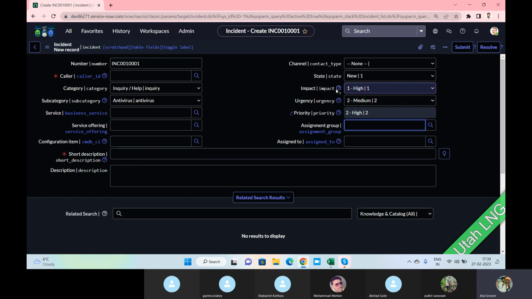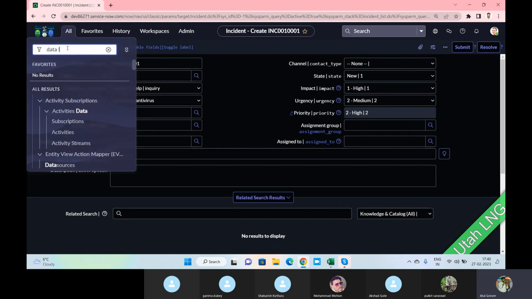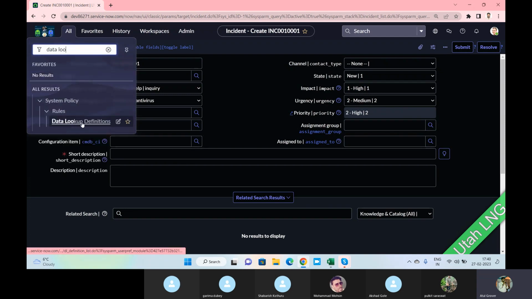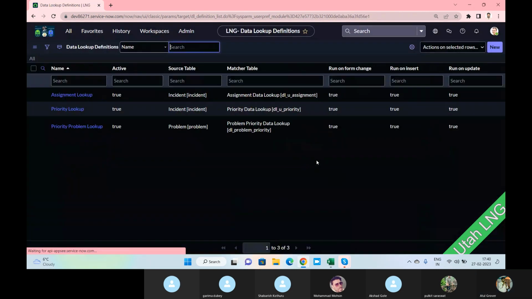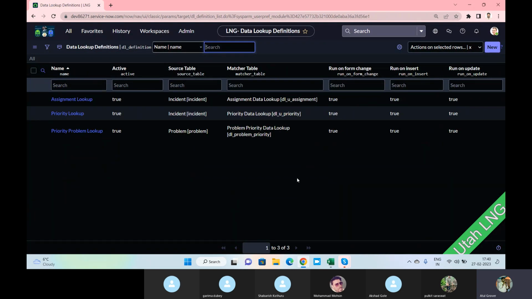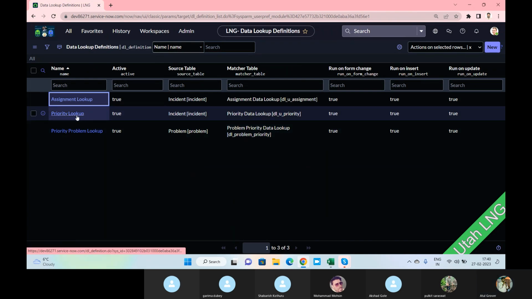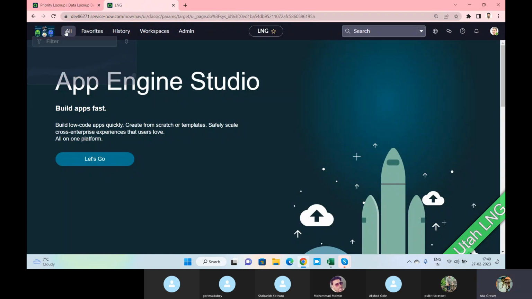Now first we will understand how this data lookup works, and then we will configure our data lookup on top of that. So come here and search for the data lookup definitions. Now if I click on this data lookup definition, two or three data lookup services are given to me. It's saying assignment lookup, priority lookup and priority problem lookup. I want to work on this priority lookup. Let me open this instance in the other window as well, and let me open the incident